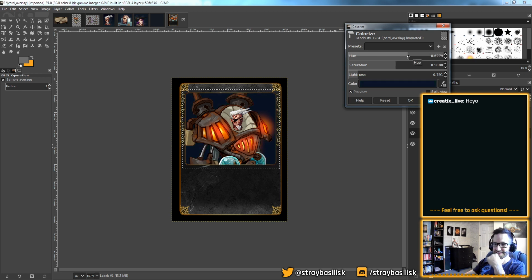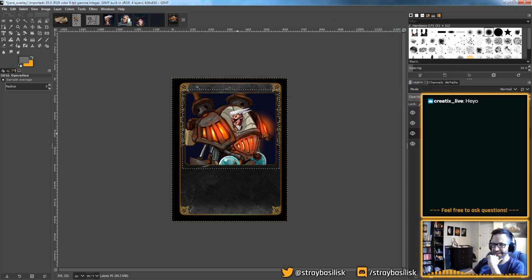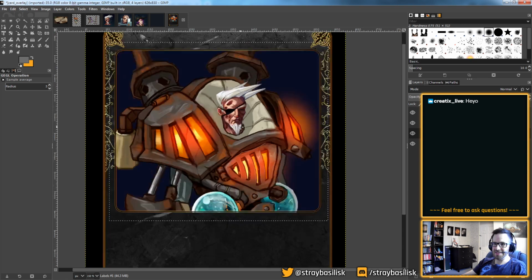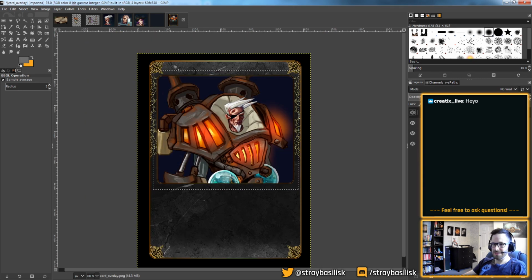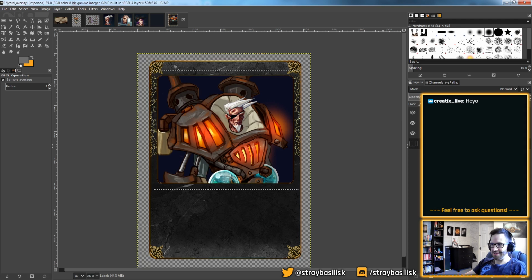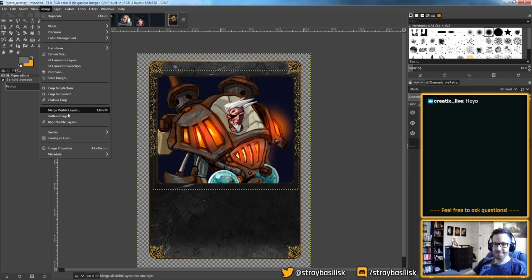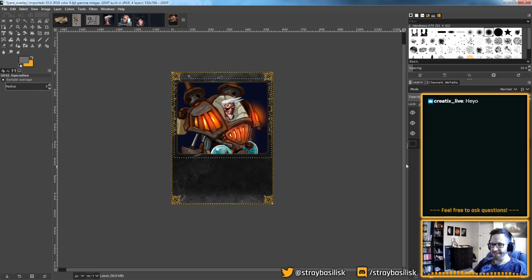Oh, blue. Yeah, I like that. Helps this glowy shoulder stuff to pop out as well. Okay, this is a good possibility, I think. Yeah, I kind of like that as an option. So what I'll maybe do is first crop this down so there's no unnecessary stuff there. The card overlay is already exported, so